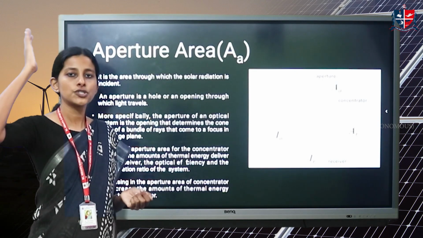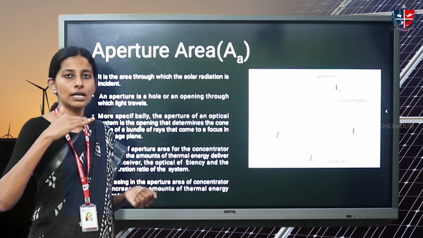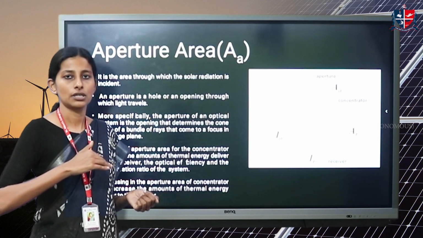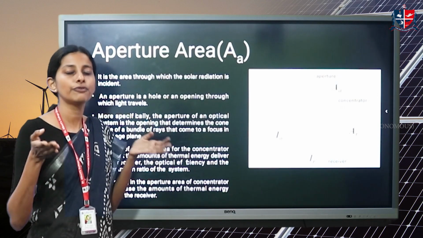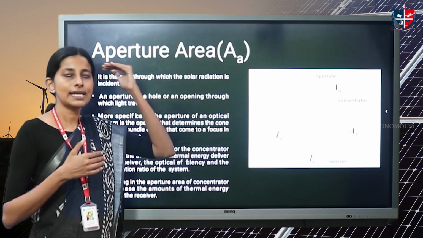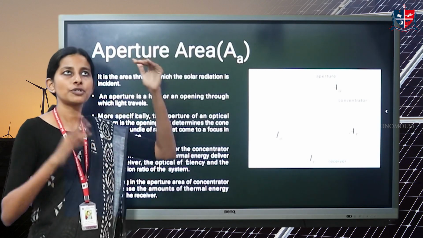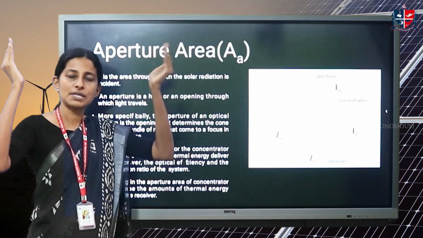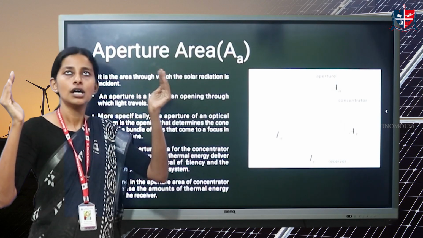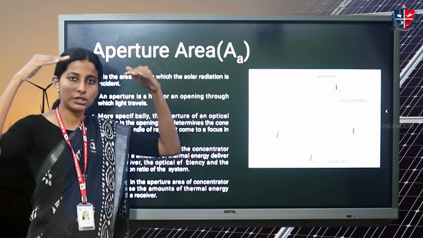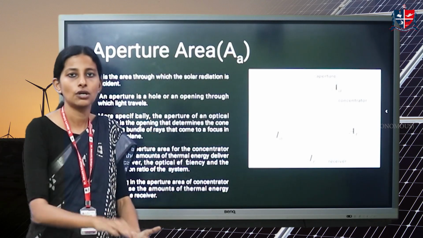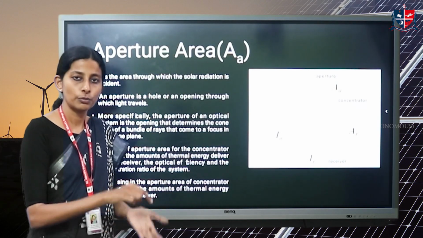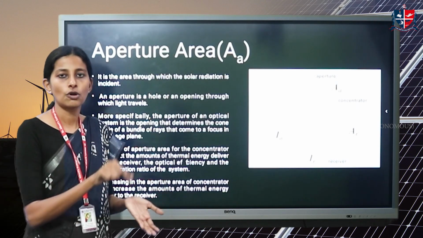So when the solar radiation falls on this ceiling, that ceiling is the aperture here, the area on which the solar radiation is falling or confronting for the first time. So that is the aperture. And at the aperture, we make some modifications. We keep some mirror arrangements, lenses, etc., so that the radiation which falls on the roof is focused or reflected to a smaller area on the floor. The area on the floor may be just the size of a small tile.